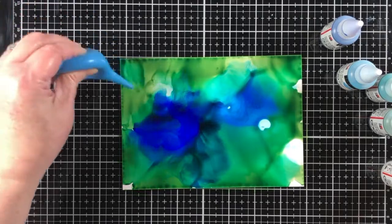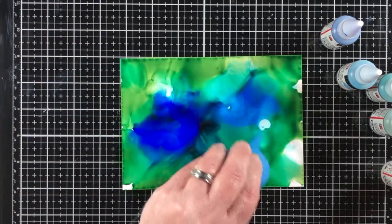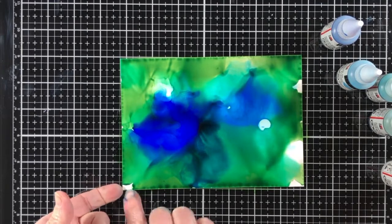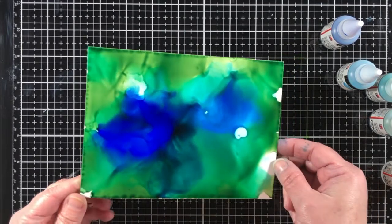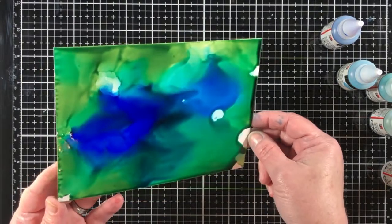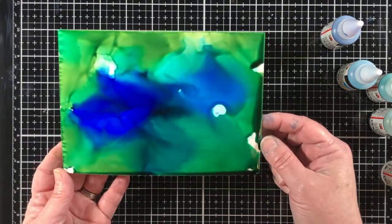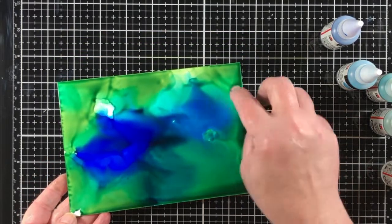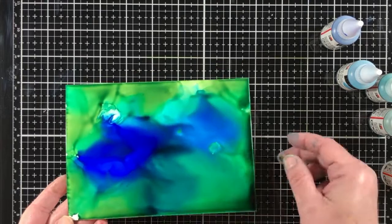I had run into a friend of mine one day, and we were talking about all the different things that we like to color with, and alcohol inks came up, and it was just like our eyes lit up. It's like, oh, alcohol inks, yes, I love them,